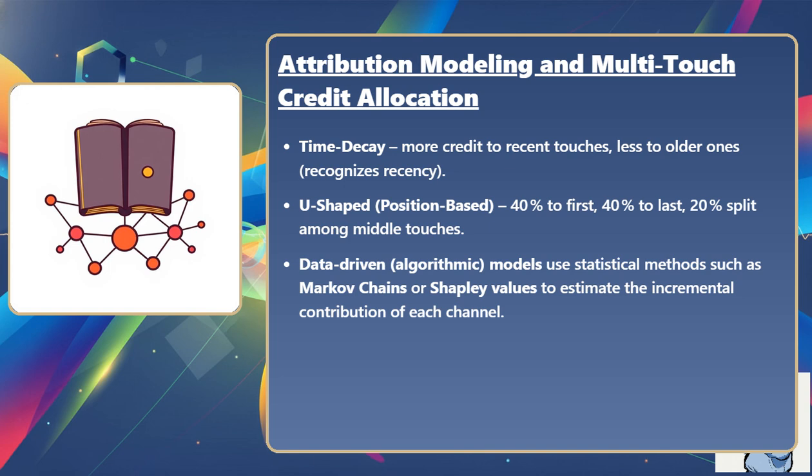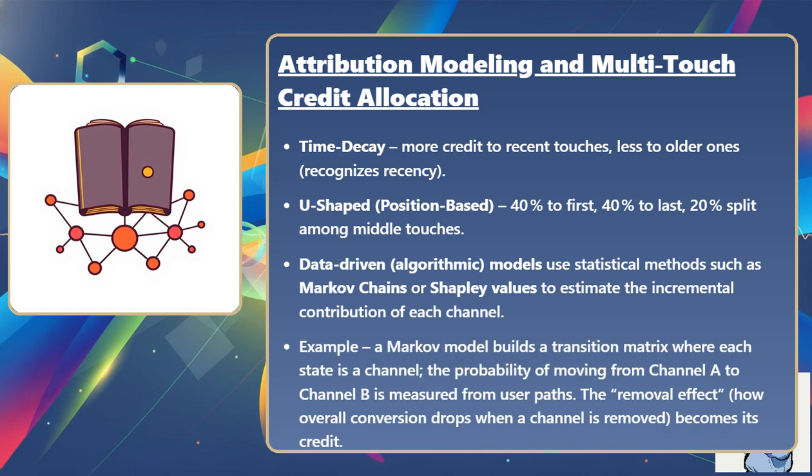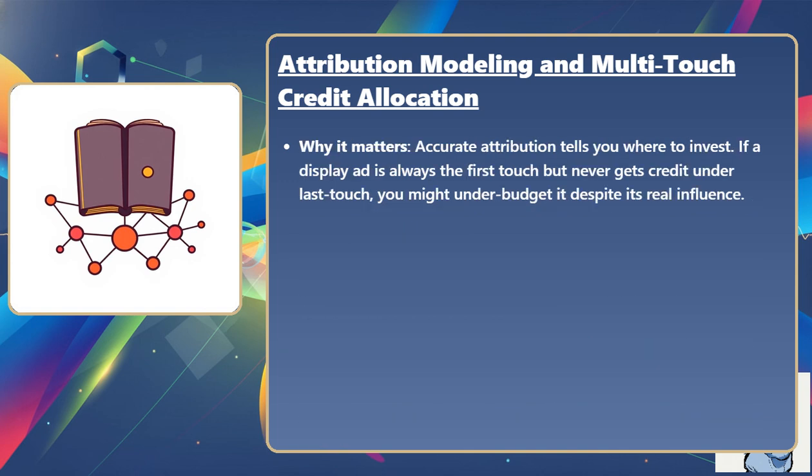Data-driven algorithmic models use statistical methods such as Markov chains or Shapley values to estimate the incremental contribution of each channel. Example: a Markov model builds a transition matrix where each state is a channel. The probability of moving from channel A to channel B is measured from user paths. The removal effect, how overall conversion drops when a channel is removed, becomes its credit. Why it matters: accurate attribution tells you where to invest. If a display ad is always the first touch but never gets credit under last touch, you might under-budget it